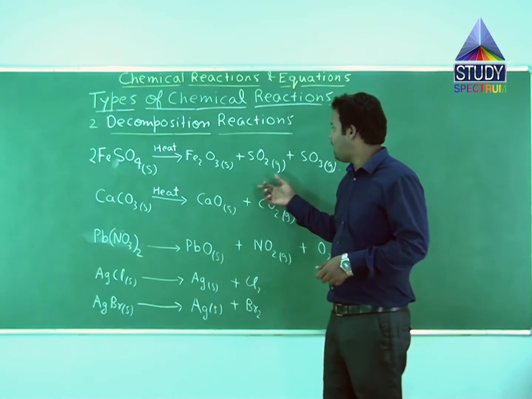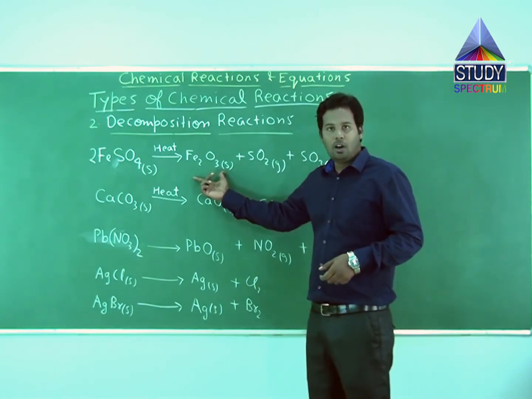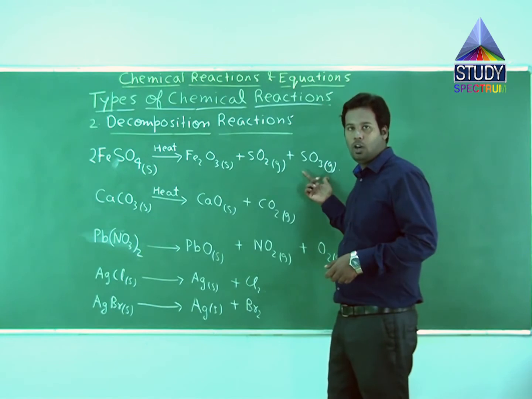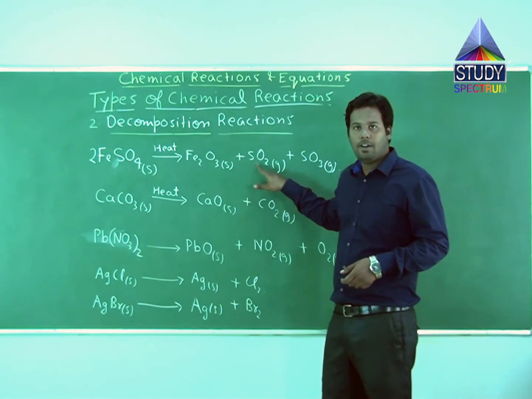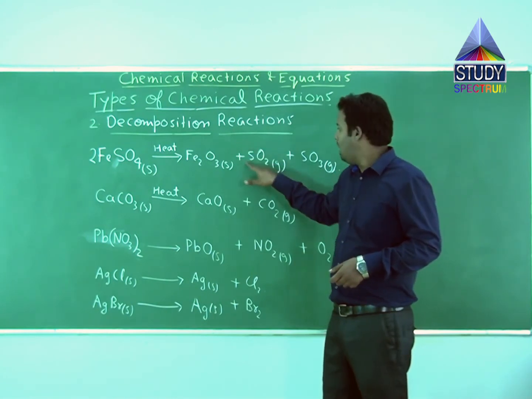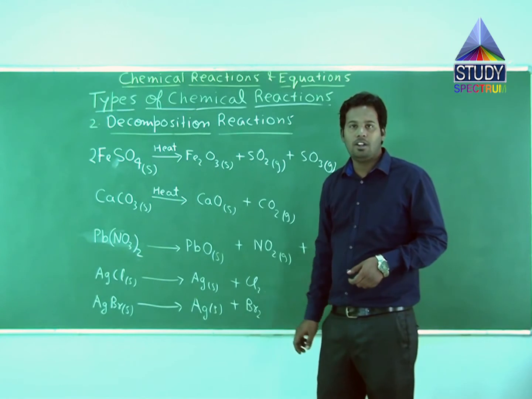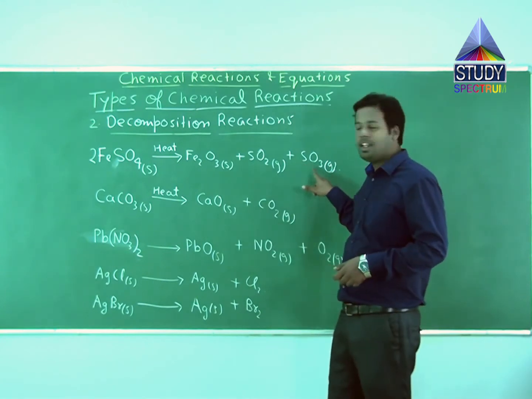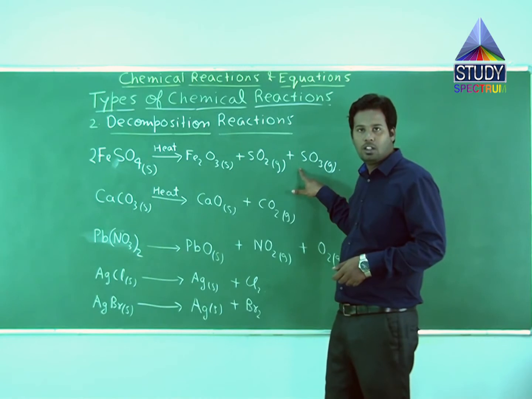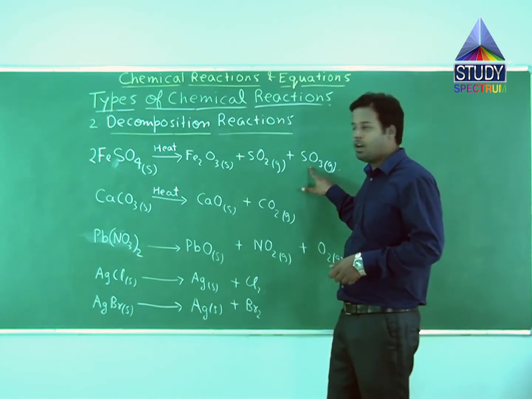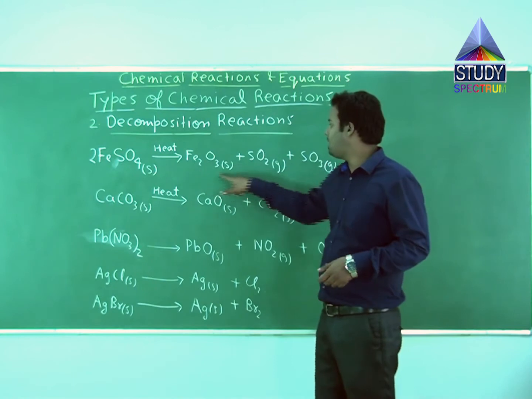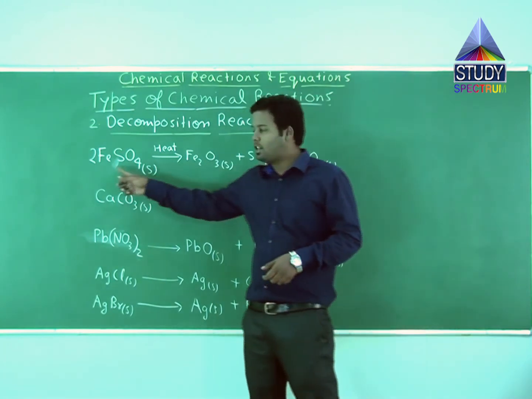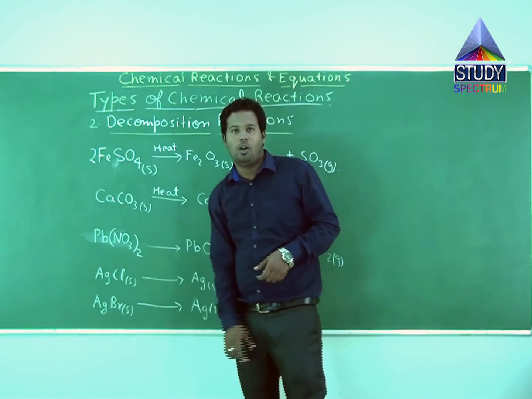Whereas if you see the right hand side, the first product does not contain any sulfur, the second and third do contain. Now the stoichiometric coefficient of SO2 is 1 as nothing has been written, and the suffix is 1 as nothing has been written. So SO2 contains 1 into 1, that is 1 sulfur atom. Similarly, for SO3, the stoichiometric coefficient is 1 and the suffix is 1 as nothing has been written. So the number of atoms of sulfur in this product is also 1. So the number of sulfur atoms on the right hand side is basically 2, and that is what it is in LHS also. So sulfur is already balanced.